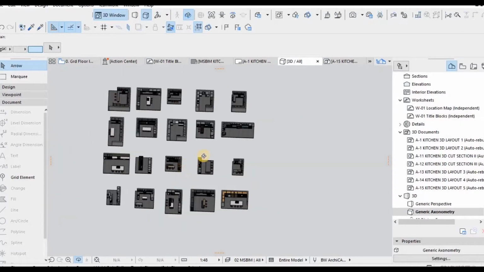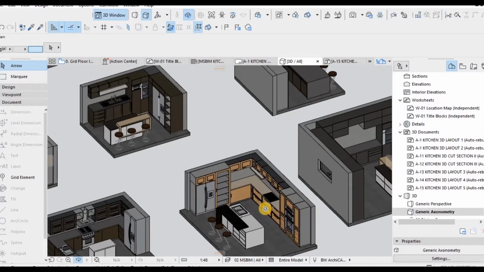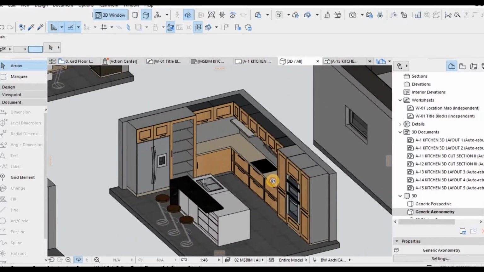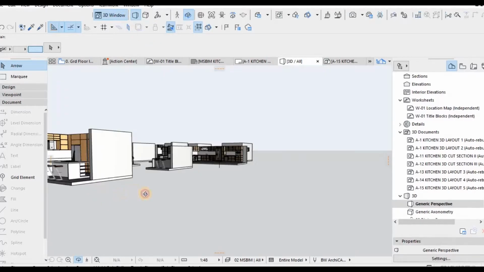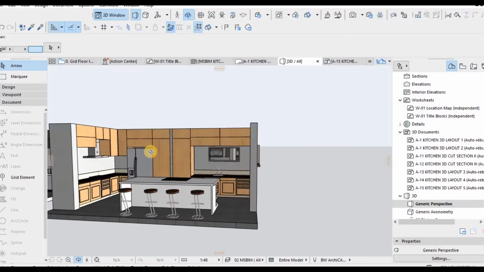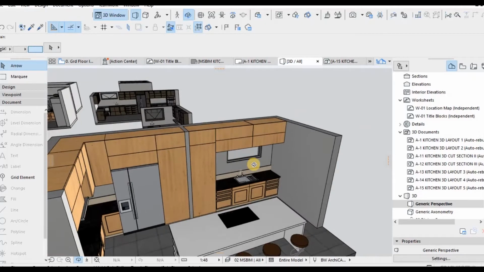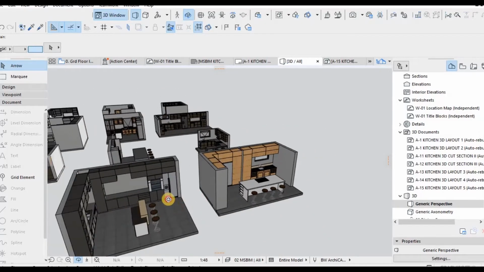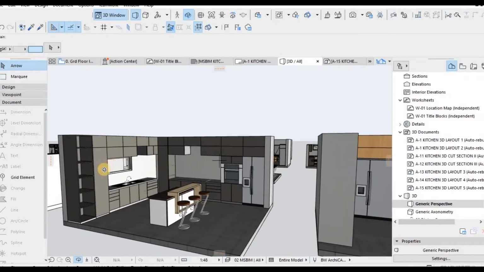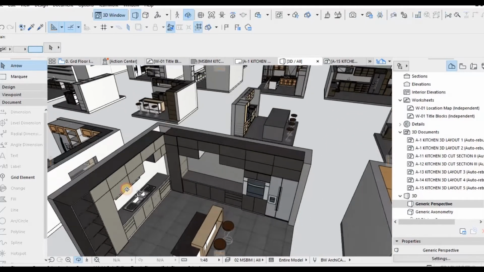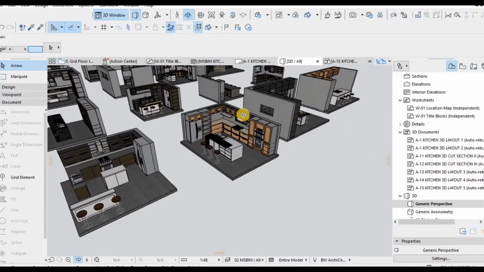This is part 3 of kitchen design possibilities with ArchiCAD. We've been doing a video series of the kitchen designs. Part 2 was about kitchen modules, working with a virtual library, the kitchen virtual library. So tap into that and watch those videos. It's all about the importance of working with modules to speed up your project deliveries. And part 3,